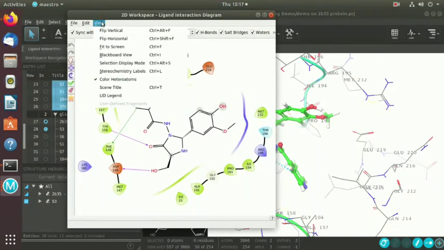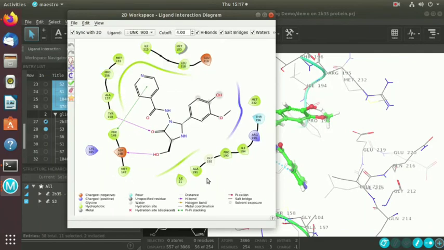Here you can observe 3 bonds. 2 bonds are hydrogen bonds. This color indicates the hydrogen bond, and this green color indicates pi-pi stacking. The OH of this imidazole hydroxymethyl is binding with the amino acid aspartate 148, and with tyrosine 158 this double bond is linking, and this pyridine ring is making a pi-pi stacking with phenylalanine 149 in the binding site.